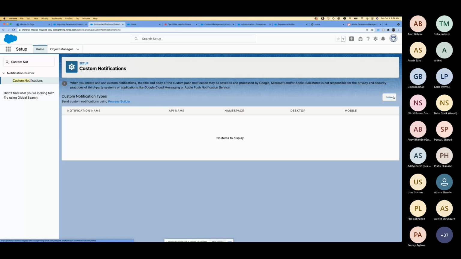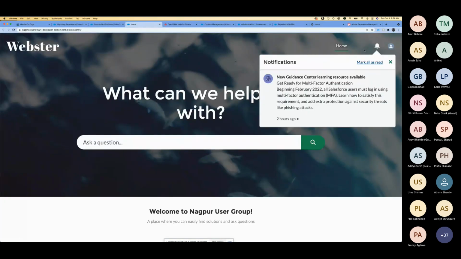So once you create a notification type, let's say whenever there is an update to a case which is owned or created by that user, you want to send a notification. So you can write that logic. It's just like the way we send an email alert, you have to send this custom notification type. And what it will do is create a bell icon. Not only the bell icon, if there is a mobile publisher app, then it will also send a push notification.